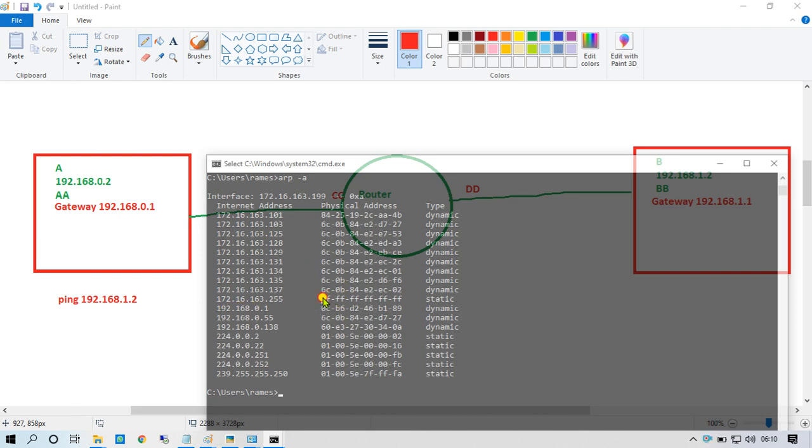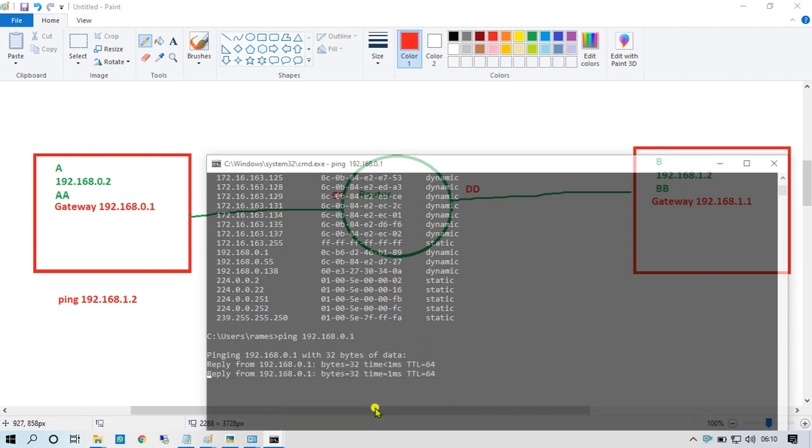Now check how many entries. What is this IP address? It is a broadcast address. Okay, 0.1 I know it is dynamically connected, and this one 139 is there. Now I am going to generate a ping again to the physical address. This one is my broadcast. Ping 192.168.0.1.